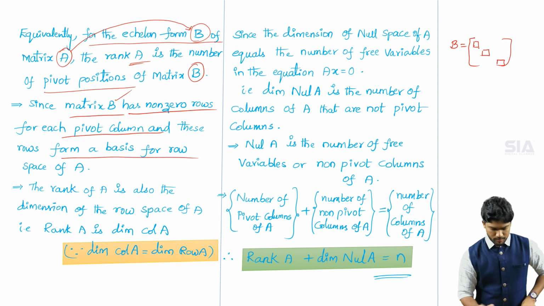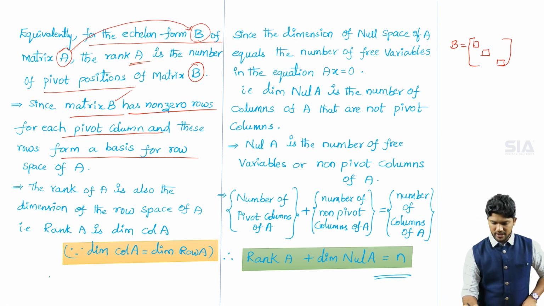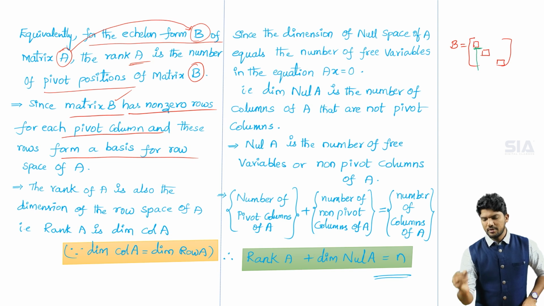అంటే మనకి ఇక్కడ పివోట్ కాలమ్ అని తీసుకుంటున్నాం కదా, ఇక్కడ మనకు ఈ బాక్స్ ఏంటి, పివోట్ పొజిషన్. సో ఆ మొత్తం కాలమ్ ని మనం పివోట్ కాలమ్ అని తీసుకుంటాం. నెక్స్ట్ ఇక్కడ సెకండ్ కాలమ్ లో ఇది కూడా పివోట్ కాలమ్. థర్డ్ కాలమ్ లో ఇది కూడా పివోట్ కాలమ్. సో ఈ ఫస్ట్ రో 1, సెకండ్ రో 2, థర్డ్ రో 3, ఇవన్నీ నాన్ జీరో